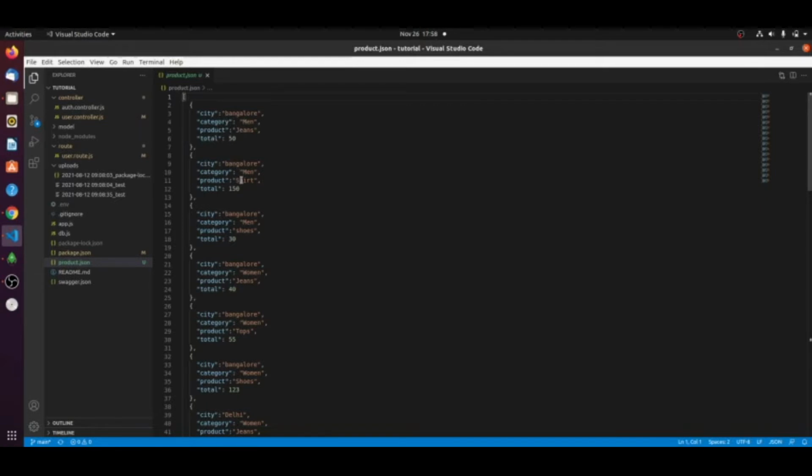Same for the product shirt, there are 150 products available, and shoes 30, and so on. So there are some number of products available as per the city. Let's say first we want to fetch how many products are available as per the city, right? We want to group how many products are available as per the city.